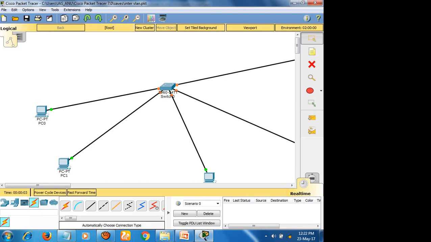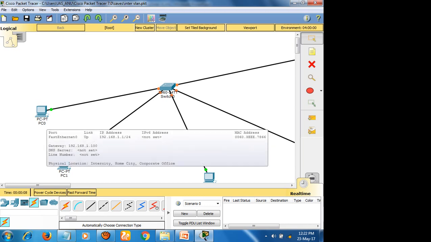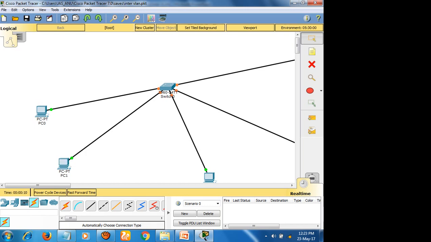Do you know what the IP address of this PC0 is? It's not there. That is why I am giving an explicit way of texting.